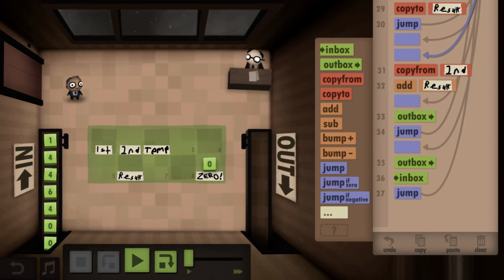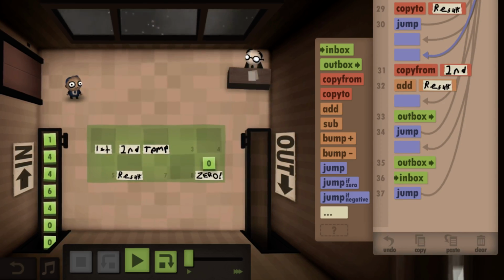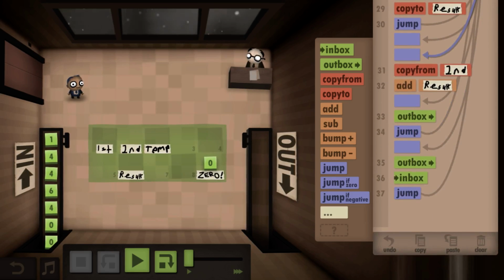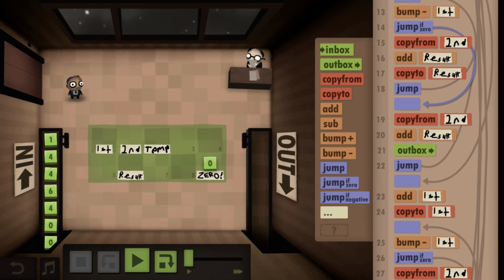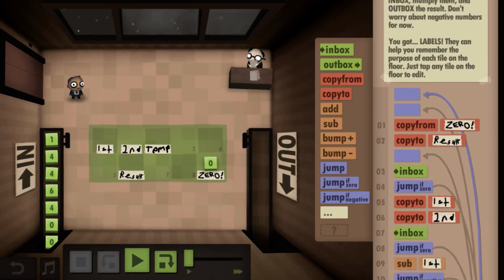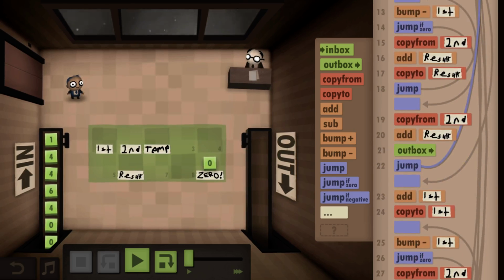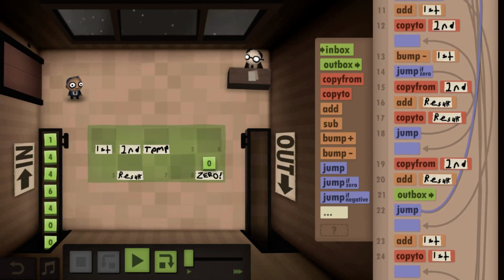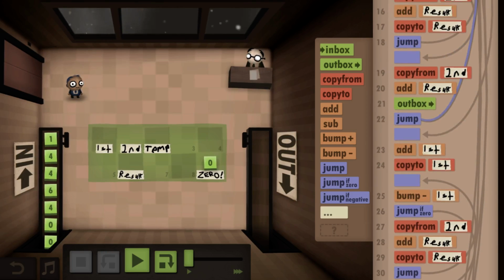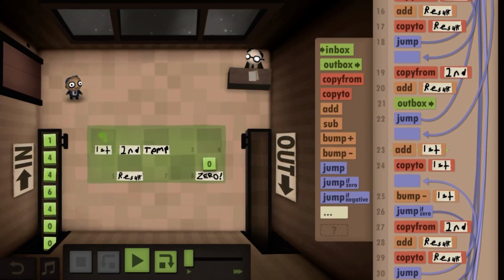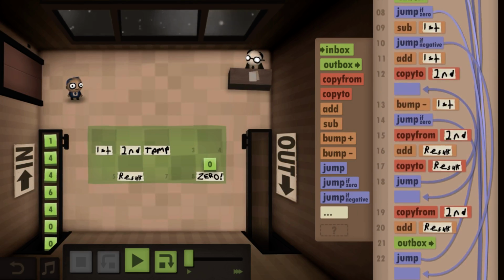See, this here, copy from second, add result, outbox, is the same as this, copy from second, add result, outbox. Jump that far. And then add this, and then copy to 1.